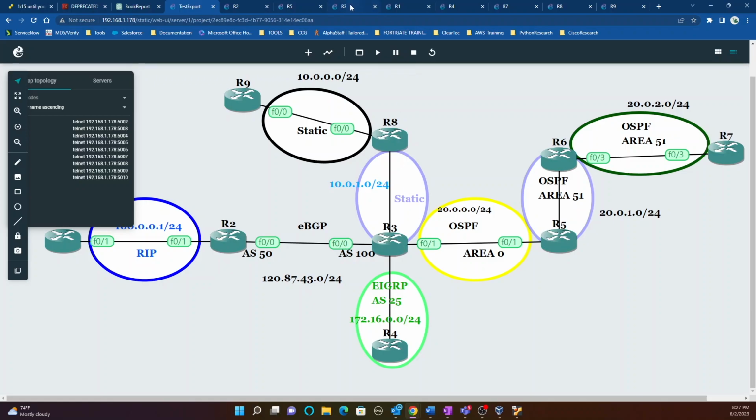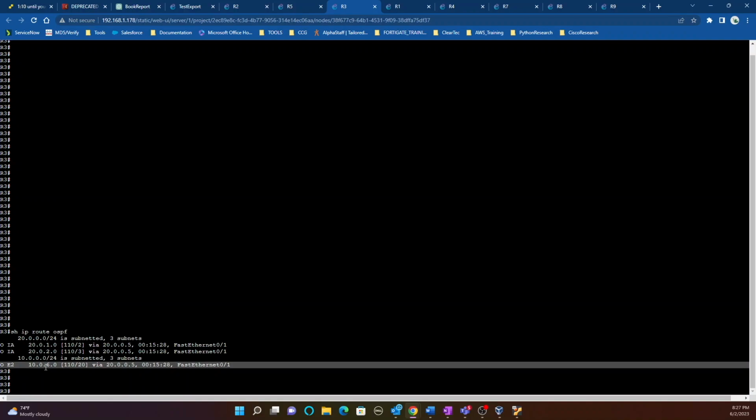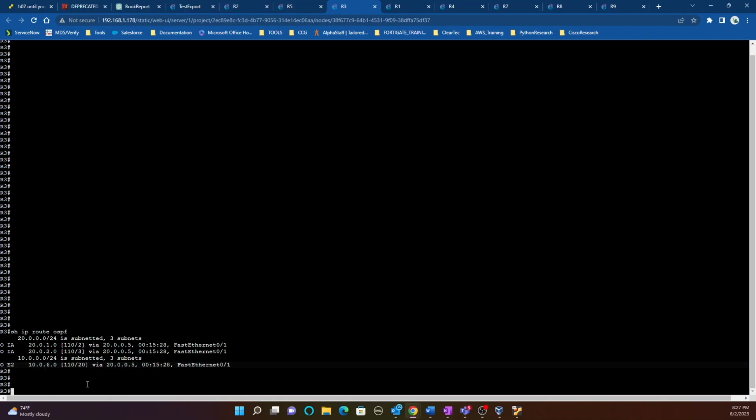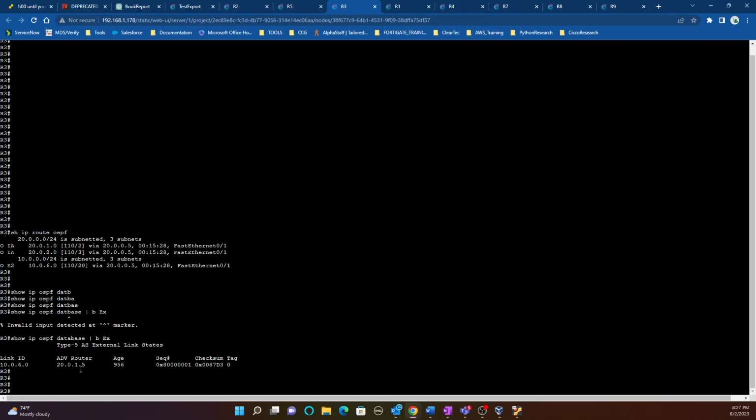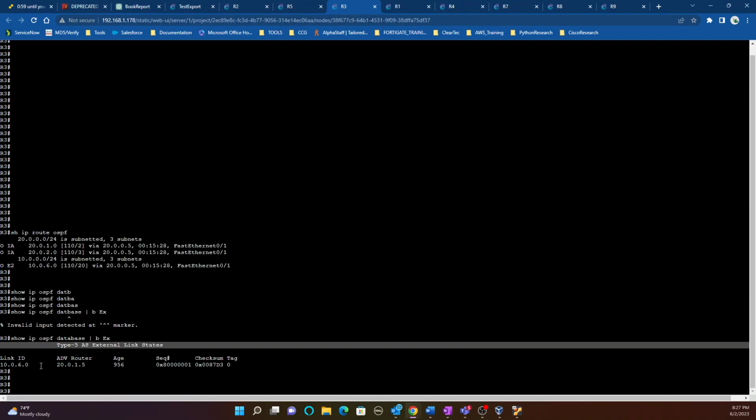If we go into R3, he's the OSPF neighbor to R5. He should have that route. Let's see if he does have it. So IP route OSPF, and as you can see, he has that. He's learning that as an external route right here. And we can also verify that in the OSPF database, and as you can see, it's a type 5 external route to